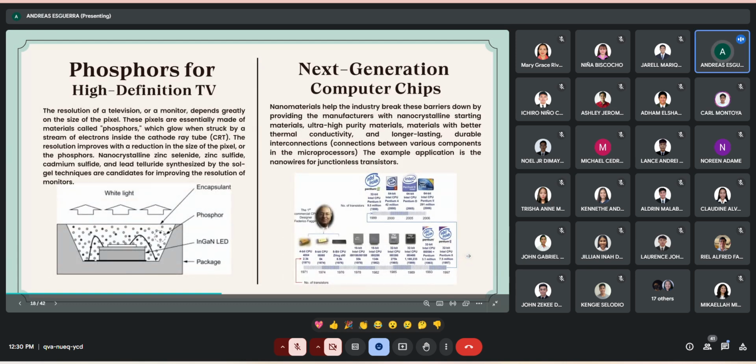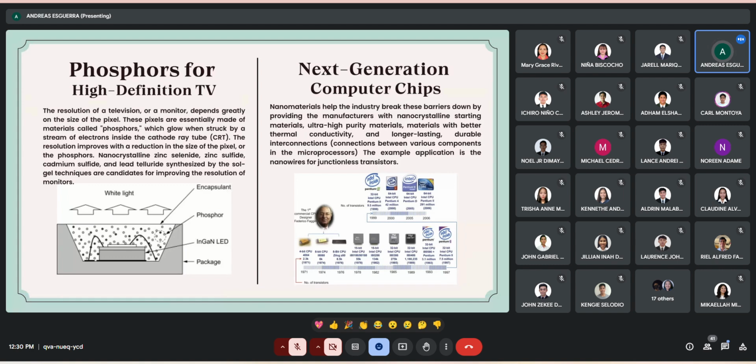And for the last 2 applications, first we have phosphors for high definition TV. The resolution of a television or monitor depends greatly on the size of the pixel. These pixels are essentially made of material called phosphors, which glow when struck by a stream of electrons inside the cathode ray tube. The resolution improves with a reduction in the size of the pixel or the phosphors. Nanocrystalline